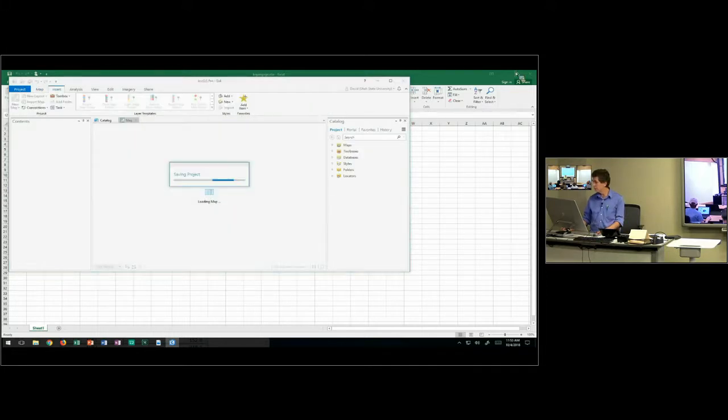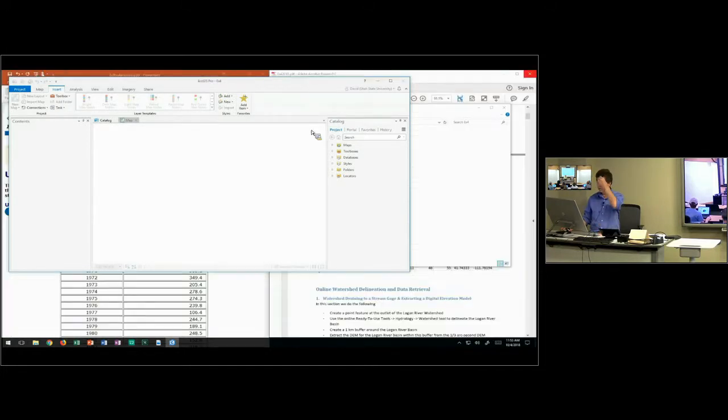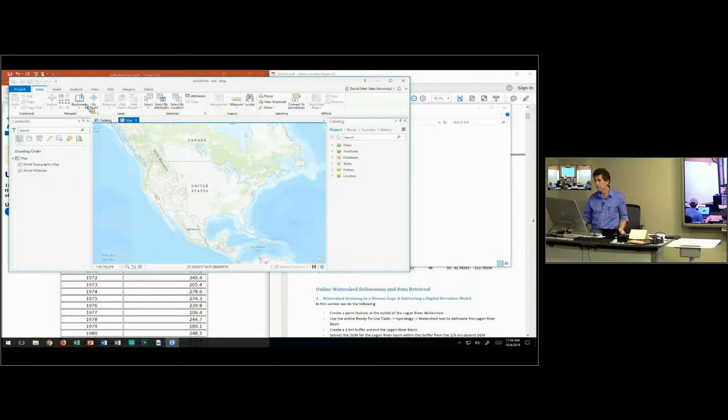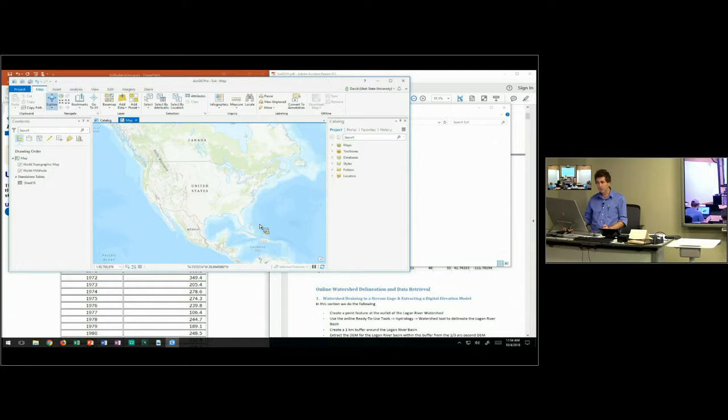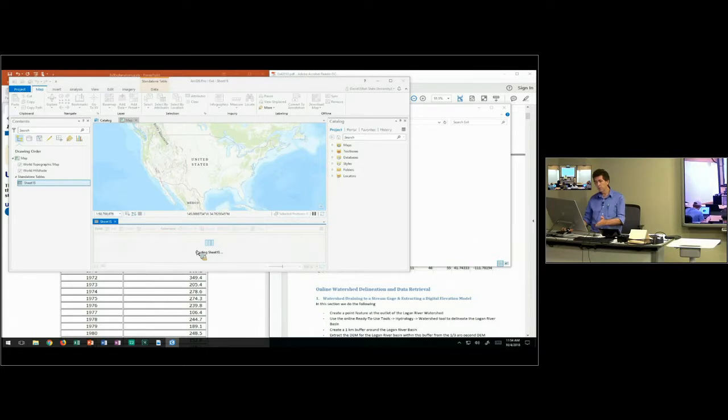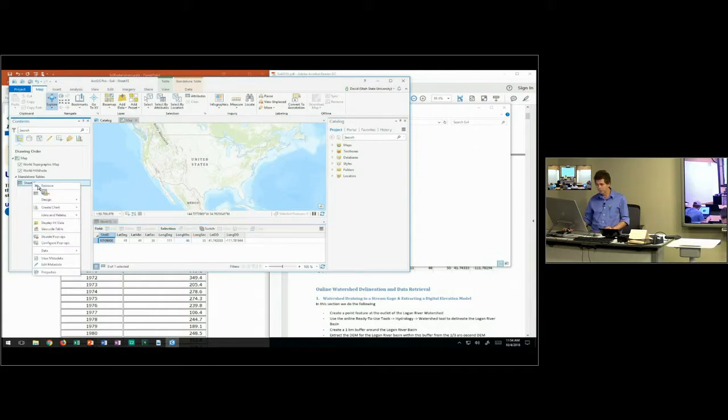Let me close the Excel so that we don't have two computer programs trying to work at once. I'm going to go through the process of adding data and going into wherever that spreadsheet is. It shows me the sheet. I say okay, and I get this table here that I can look at, and it's just the values that I saw previously in the spreadsheet. But to put it on the map, we go through